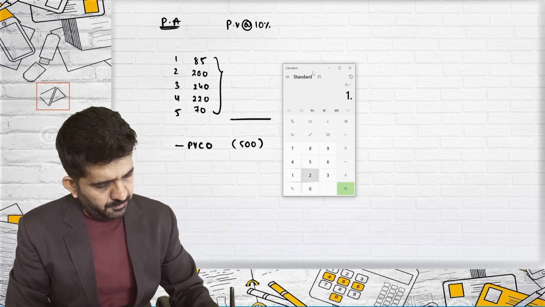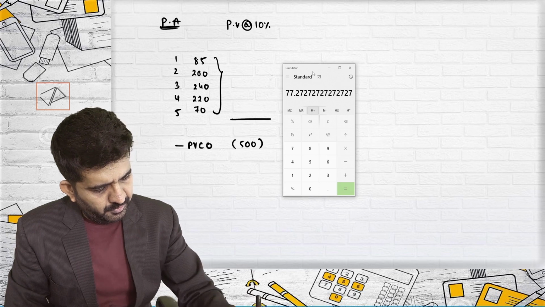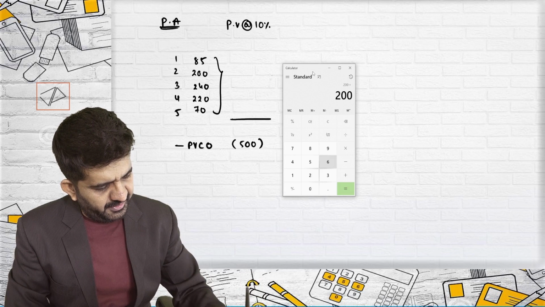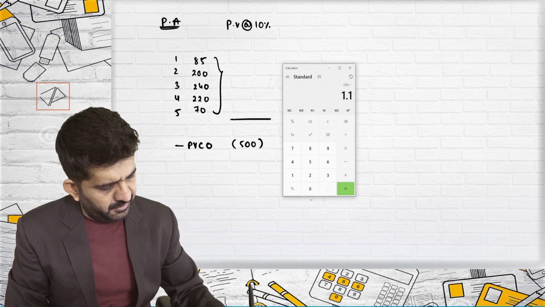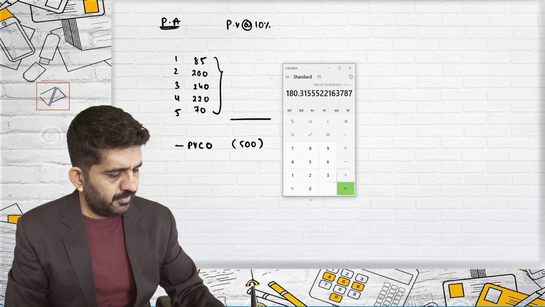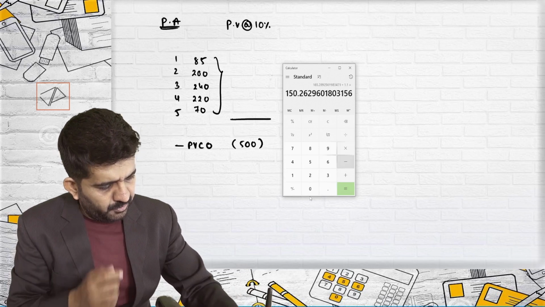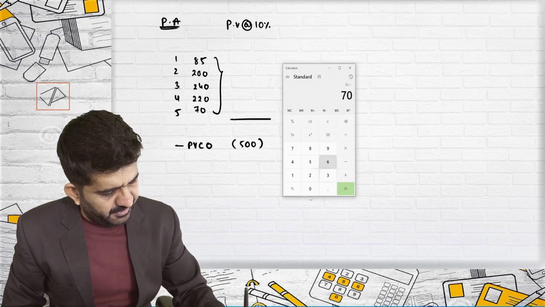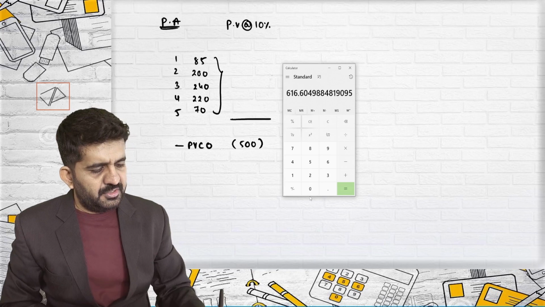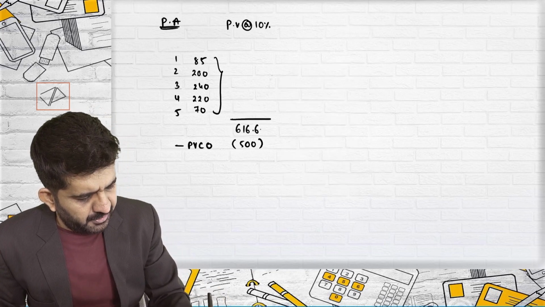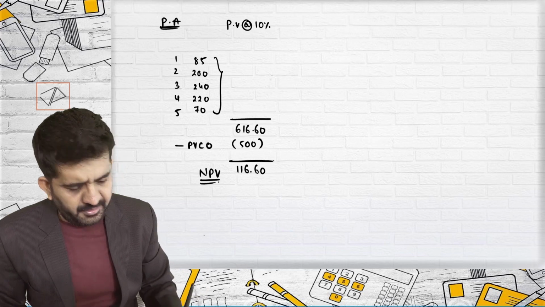85 divided by 1.1 plus 200 divided by 1.1 squared plus 240 divided by 1.1 cubed plus 220 divided by 1.1 to the power 4 plus 70 divided by 1.1 to the power 5. The sum is 616.60. My NPV will be 116.60